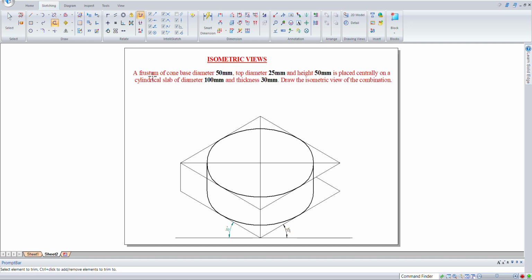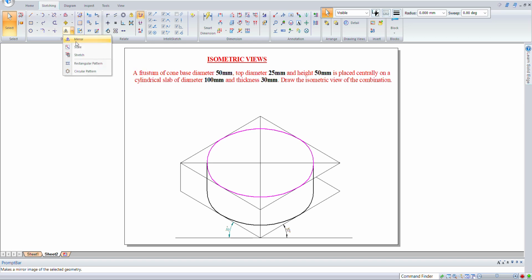So now we need to have a cone. The cone is of base 50 mm, and your cylinder is of base 100 mm. So if you reduce the scale of the cylindrical top by 50%, you are going to get the cone. That means if you select all the cylindrical top, that is the ellipse, and you go for the command called scale. Okay, scale, and you have to use the scale as